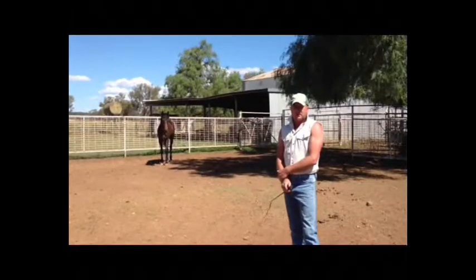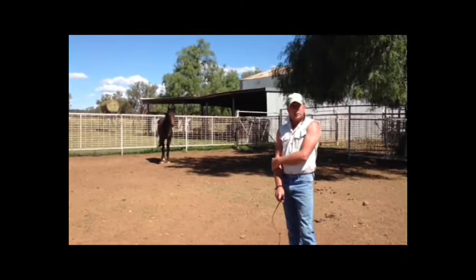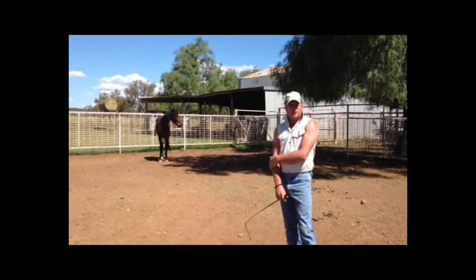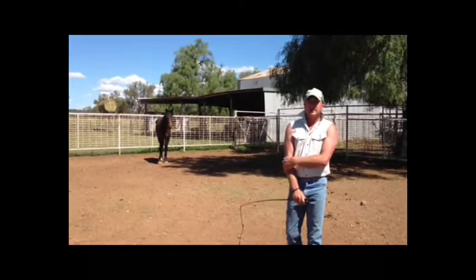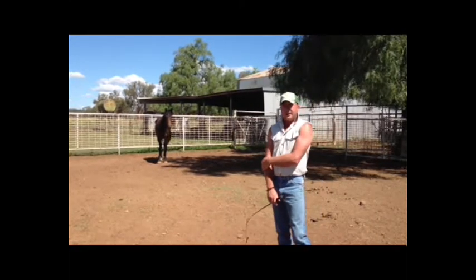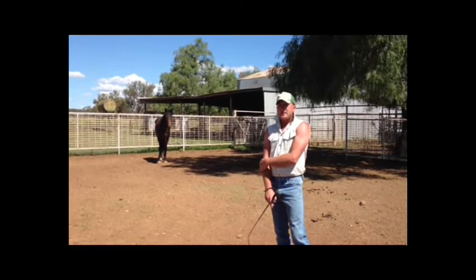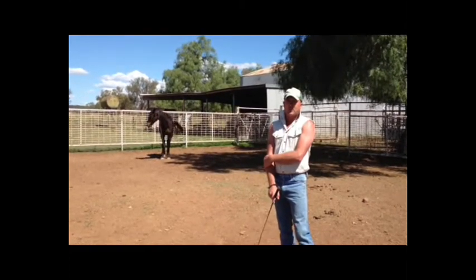I'm going about handling Rupert. Rupert's still a bit unsure about humans. He was the dominant within the herd, so his flight instinct is probably just that little bit more stronger than some of the others. I've chosen to do 2 approaches with Rupert, one being direct and the other one being